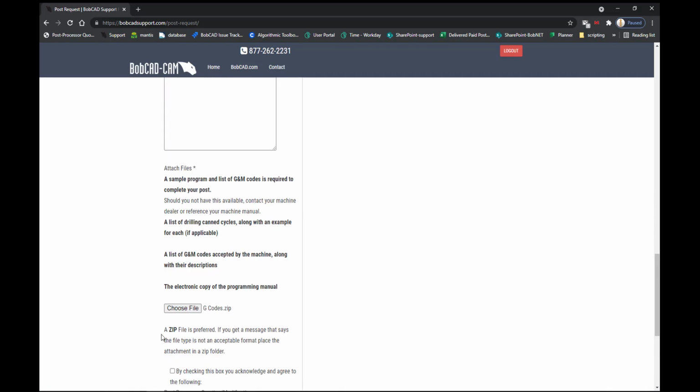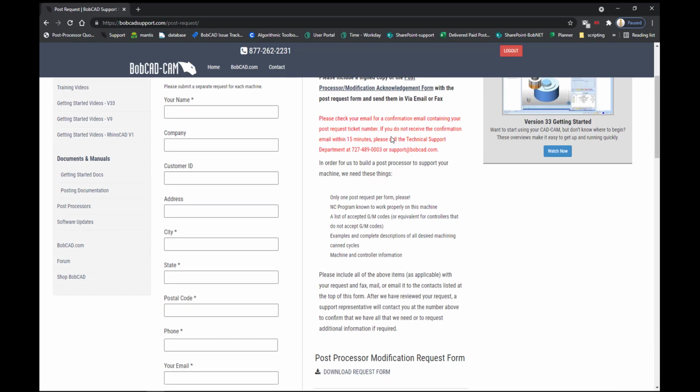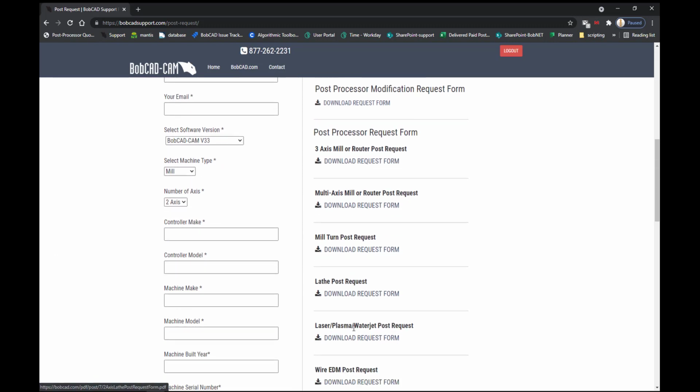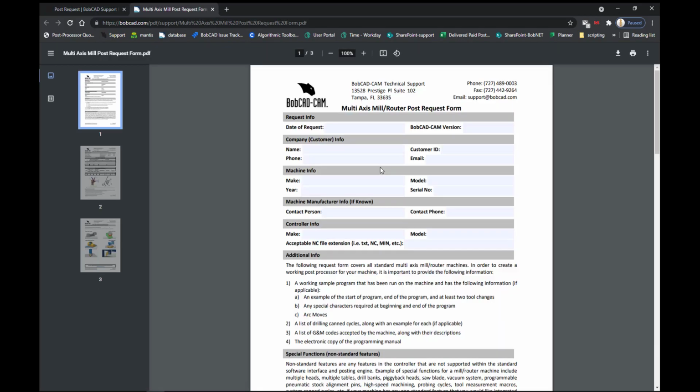Now, if you're requesting a post for a machine that isn't a standard post, so these are your multi-axis machines or mill turn machines, or something a little bit more complex than what's over here on the left, you're going to use the forms here on the right. So what you do is find the form for your machine type. So you see you have multi-axis, mill turn, and you can also do your standard post requests using this side as well, and just email in the files. So you're going to download the form for your machine,